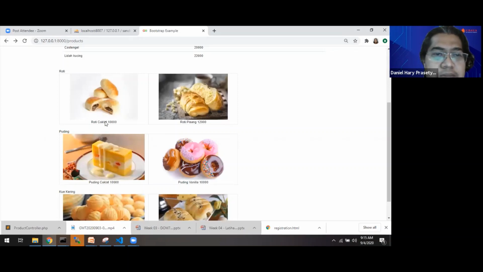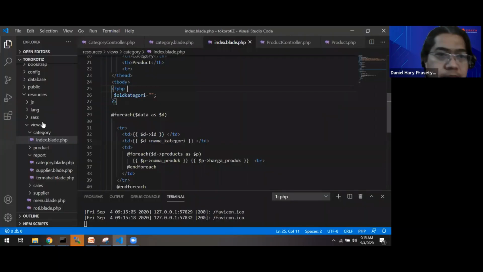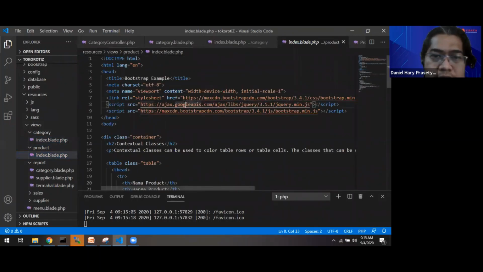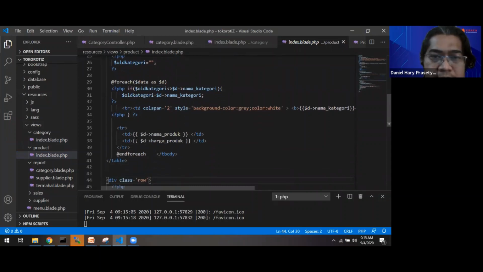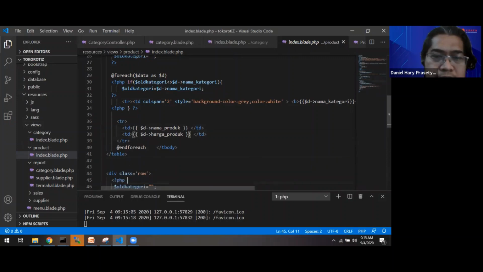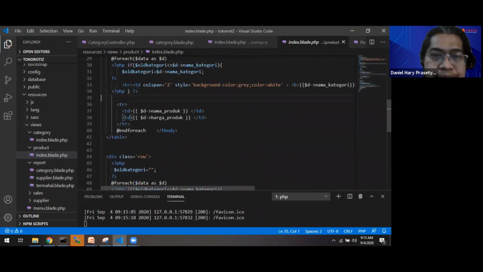Okay, we will modify the products index blade first. If the user clicks the name of the product, this one maybe. This one is for the table, and the one below is for the grid, the Bootstrap grid.